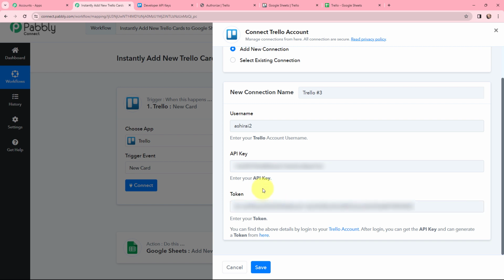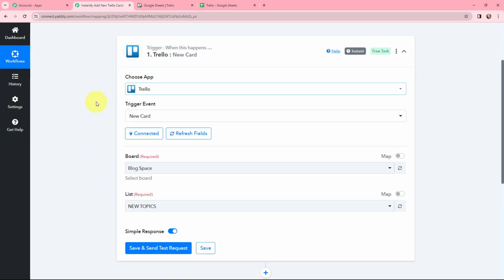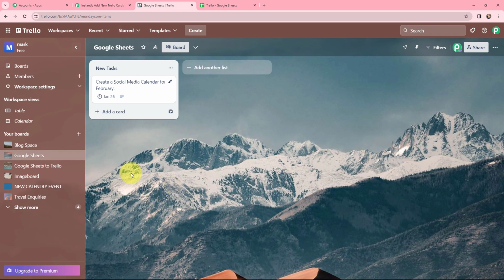So as I've mentioned the username, API key and the token, here I'm going to click on save. So now here you can see that Trello and Pabbly Connect is successfully connected. So now moving to the board and the list. So over here in Trello, this is my board by the name of Google Sheets and the list name is